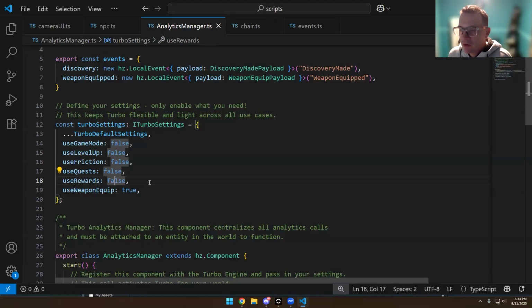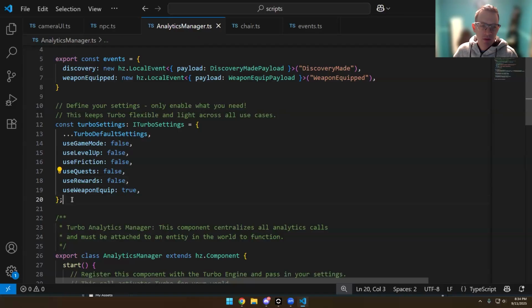Why not set everything to true? As Worlds Cubes said, yeah, to save performance. You could set everything to true, but that's just a lot more work that the engine's going to have to do. So best practice is to only enable the things that you need. Now that I have personally defined the settings that I want to use,